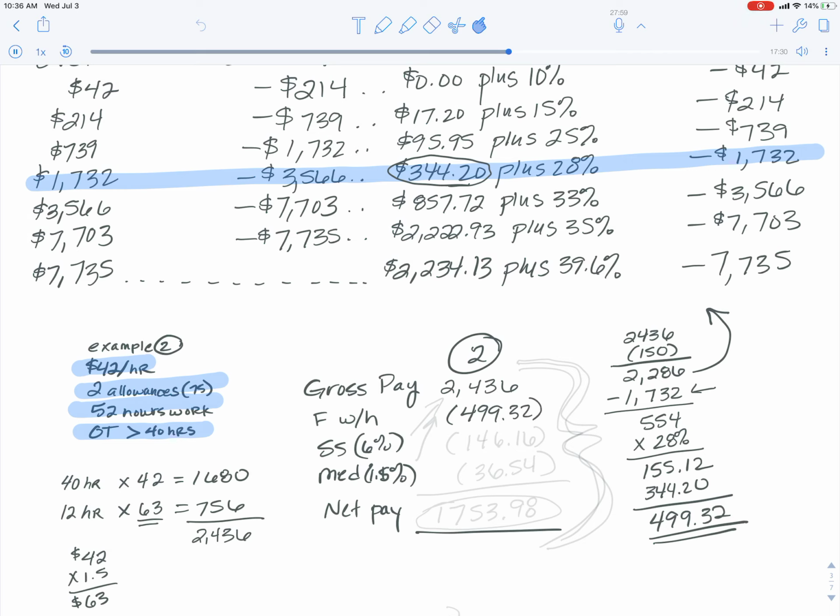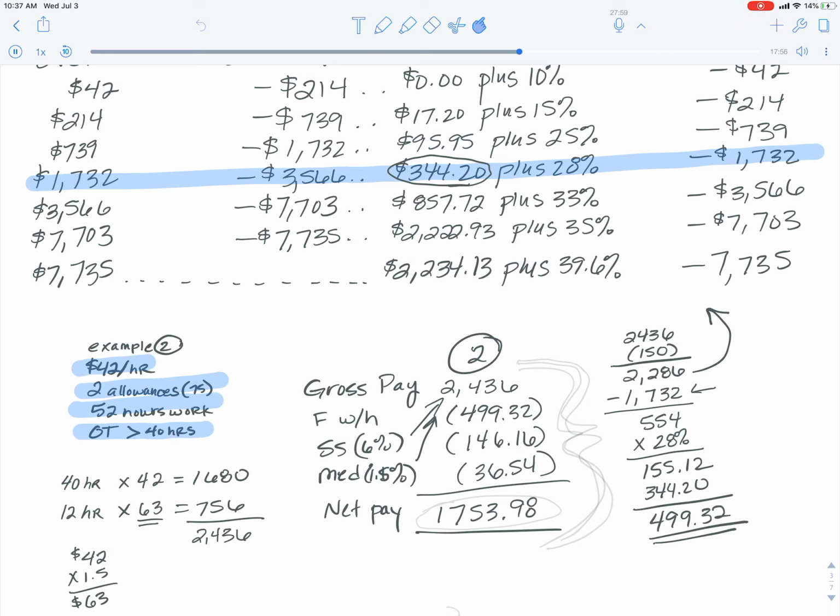6% of our original gross pay is $146.16, and 1.5% of our original gross pay is $36.54. So our net pay is going to be $1753.98. So after you learn how to calculate a paycheck, we need to know how to put it in a